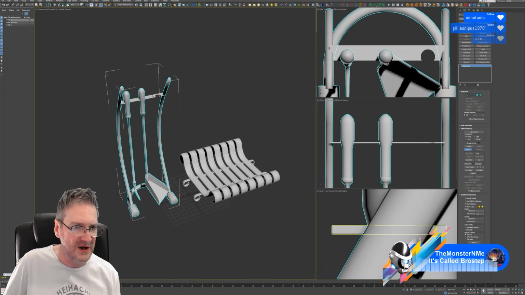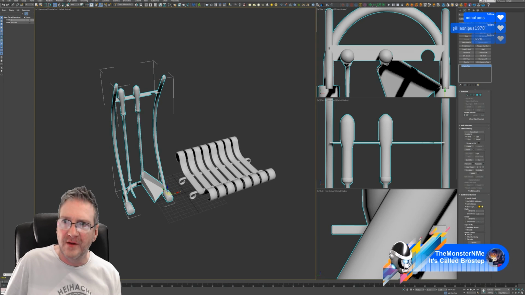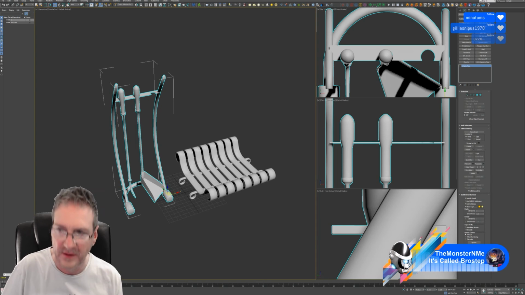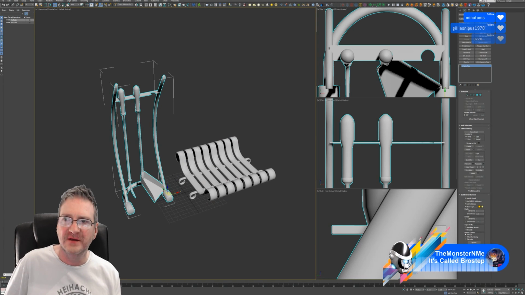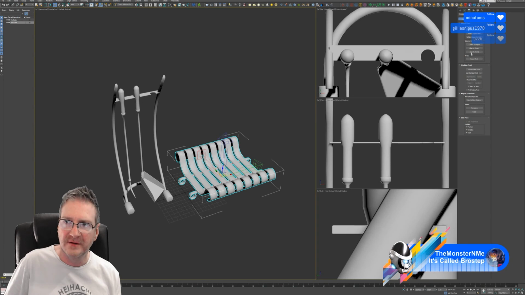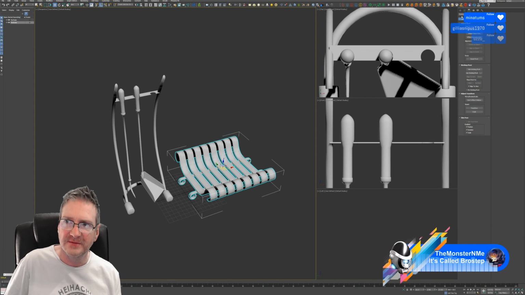The fire tools, you're not going to be able to pick them up in the game, so we'll just make them all one object. And we're going to call this one Fire Tools. I'm just going to reset the pivot on this object as well to make it easier to move around when we get inside the game. Same with this one, just want to make sure it's centered.